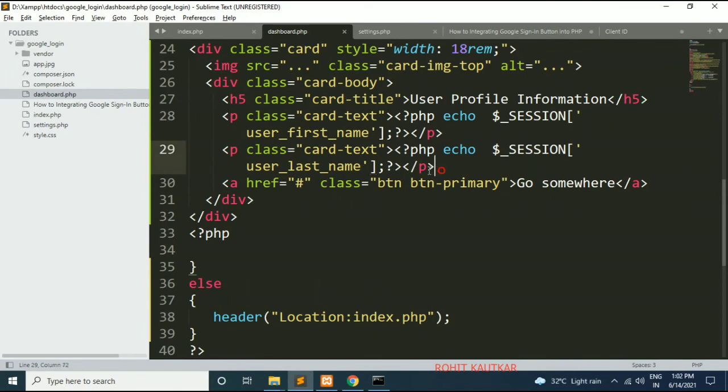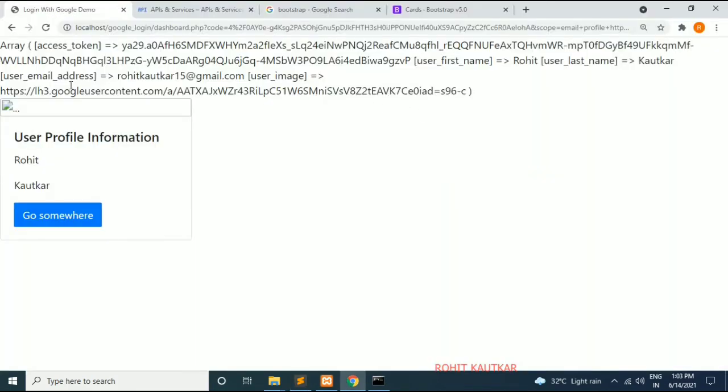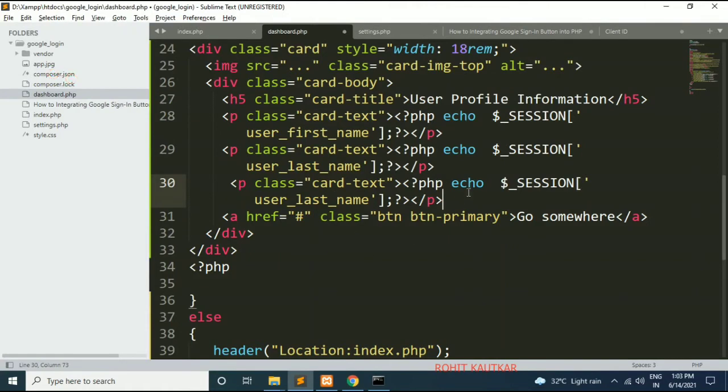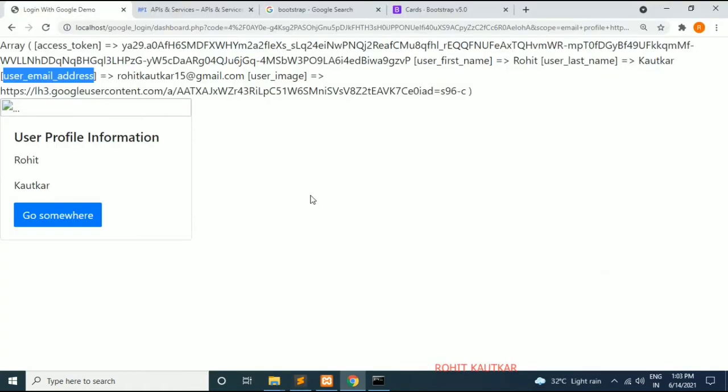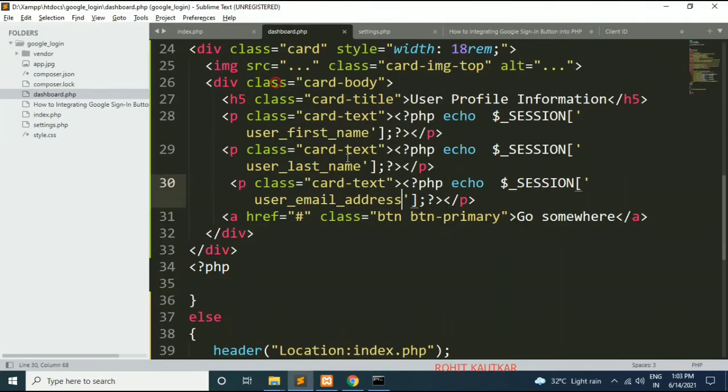Okay, so in the same way, now I will try to display the email address of the user. So here I will write email address instead of last name. Now if we refresh, you can see we are getting the email address as well, and at last now we will try to display the image of the user.